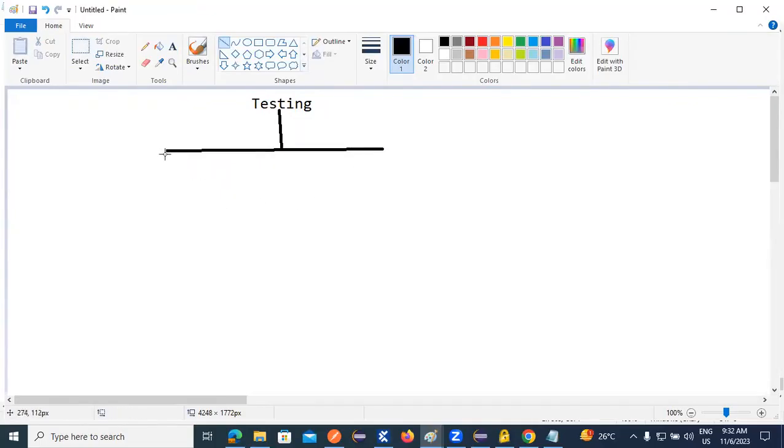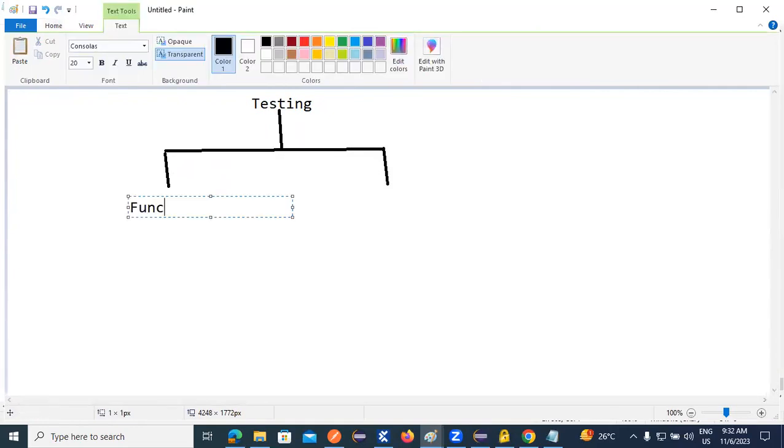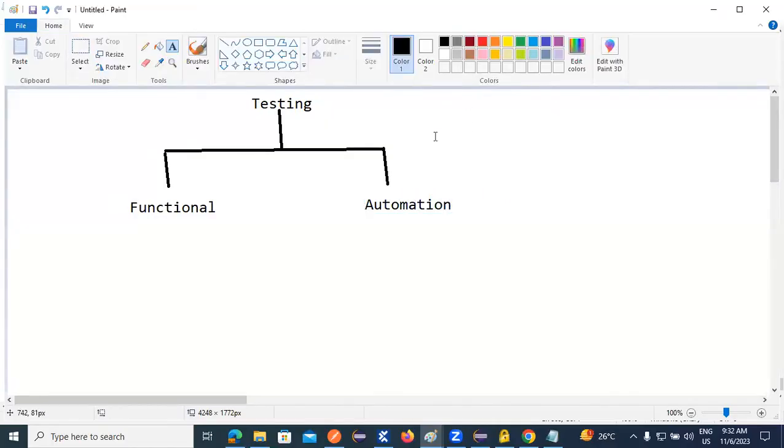What is that? The first one and the second one. The first one is functional testing, and the second is automation testing. See, under automation testing, we are able to call